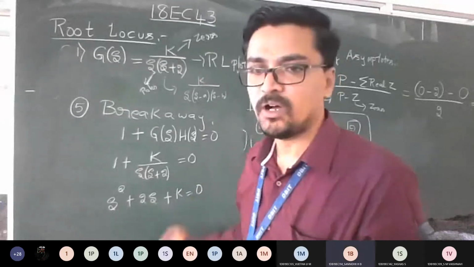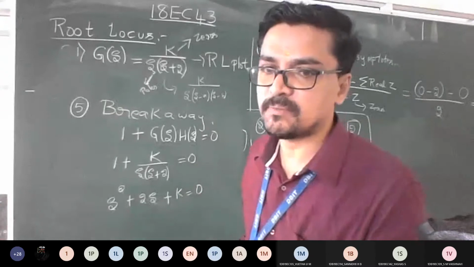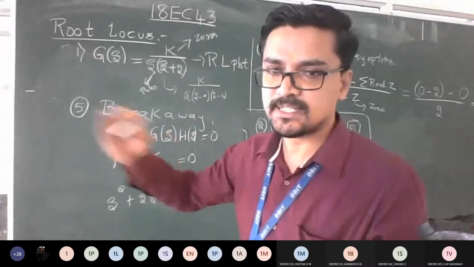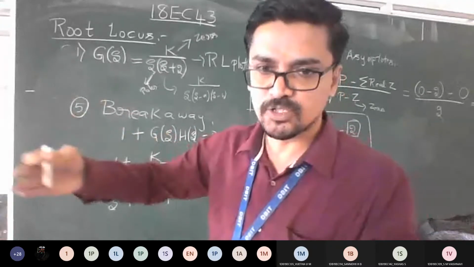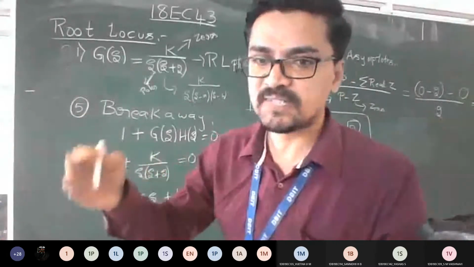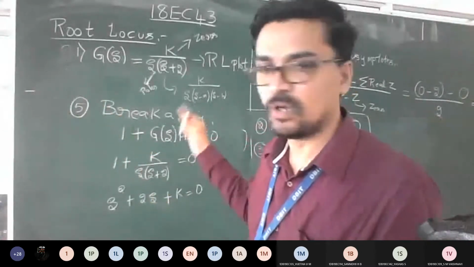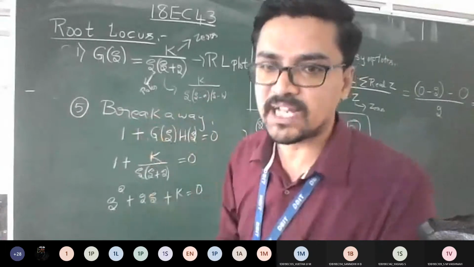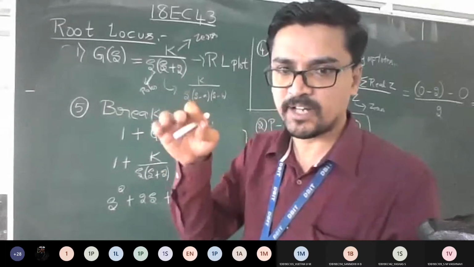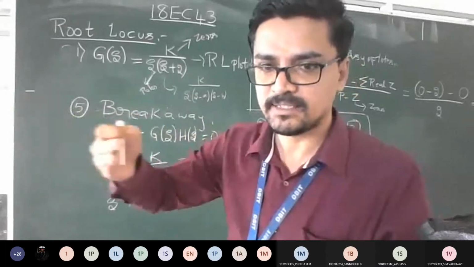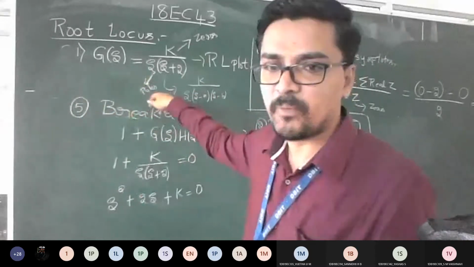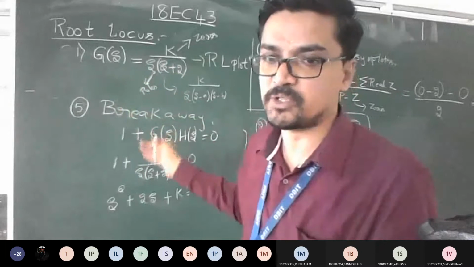Yes, sir. So the meaning is simple. I need to find the breakaway. From your centroid, there is some away point that also exists on the root locus. How much is that, we are calculating. That is the meaning of breakaway, or similarly breakin. Currently there is no complex conjugate here, so you can find only breakaway points. From the centroid, we got -1, right? Away from there, there should be some point where I can mark a breakaway point. That is how much you are supposed to calculate.